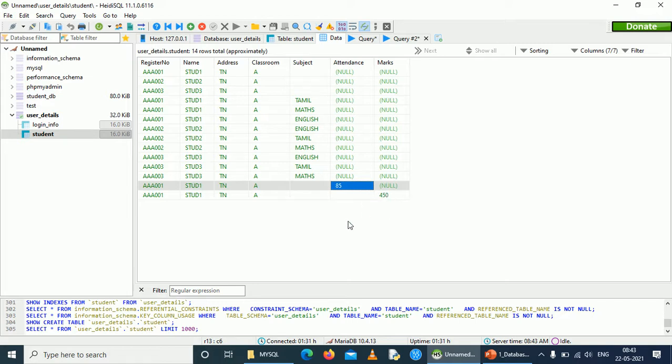Similarly, marks data. So this is a very small data set to define what the inefficiencies and difficulties are of storing all categories of data in a single table. And also it is very difficult to fetch specific data, like student register numbers belonging to class A alone, and subjects belonging to class A alone, and other things. So this is the place where this table has to be split into several tables of related data.